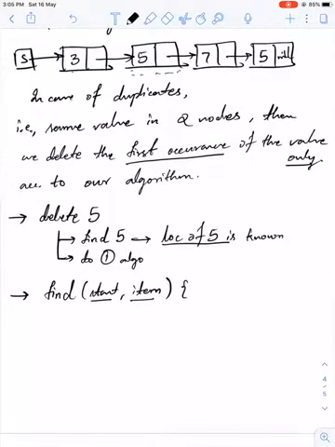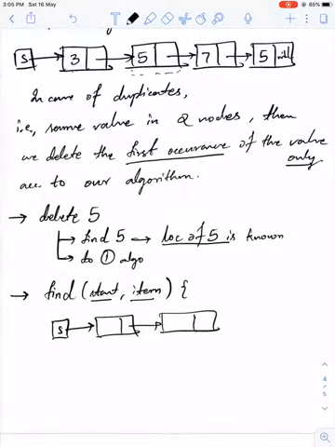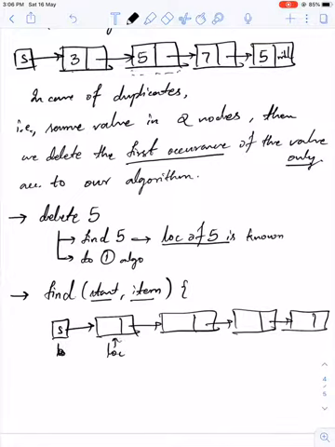So how will we find? It is always very simple to start. We'll start from here. We will keep checking, like we will go to the next one. We'll start with location as this one, and location P will keep null. Okay, this is the algorithm which I'm trying to say. And we will check the info of location. If info of location is 5,